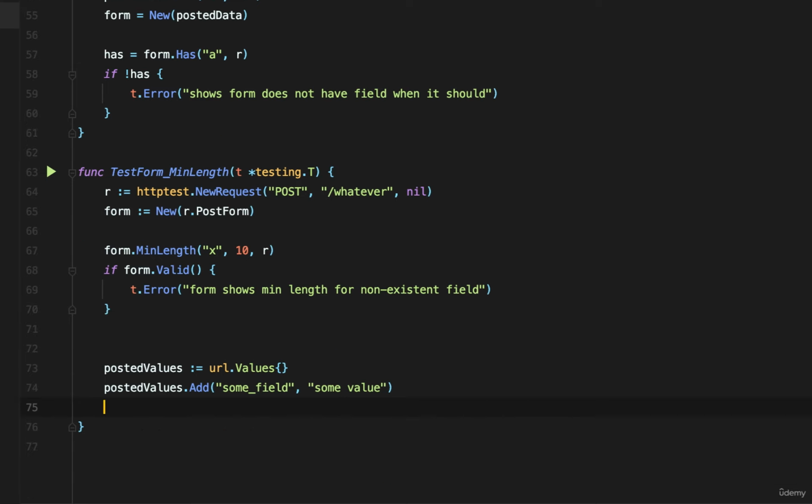So we can just easily say form equals new, and it'll be posted values. So that creates a new form, and it passes it this information for the form values. So it passes in one parameter with the name of some field and the value of some value. And now we have a form that has some data we can test. So let's test it. And we'll say